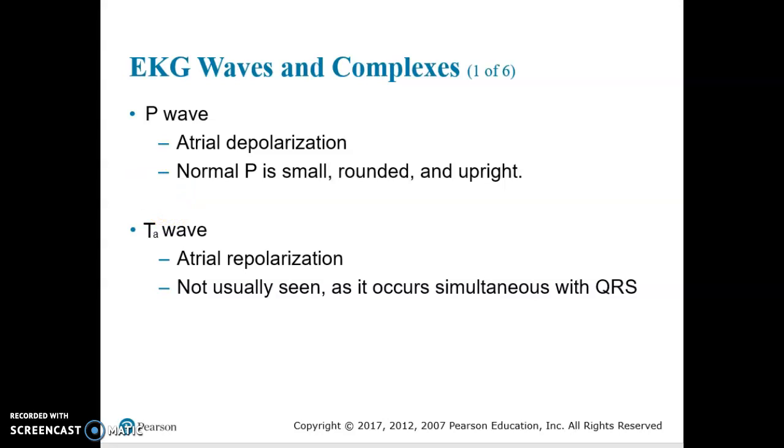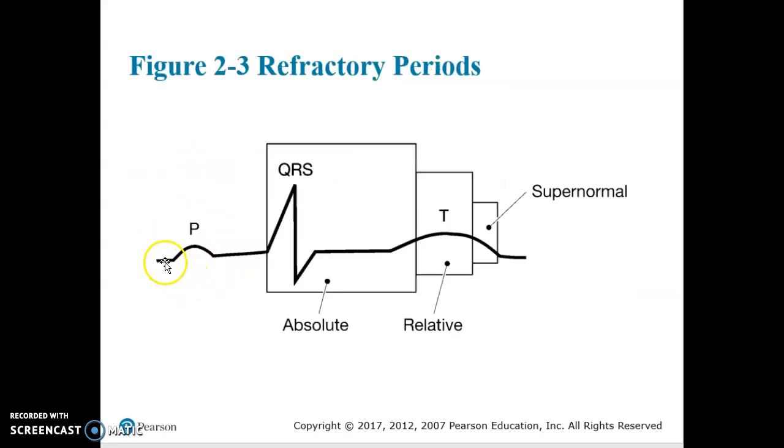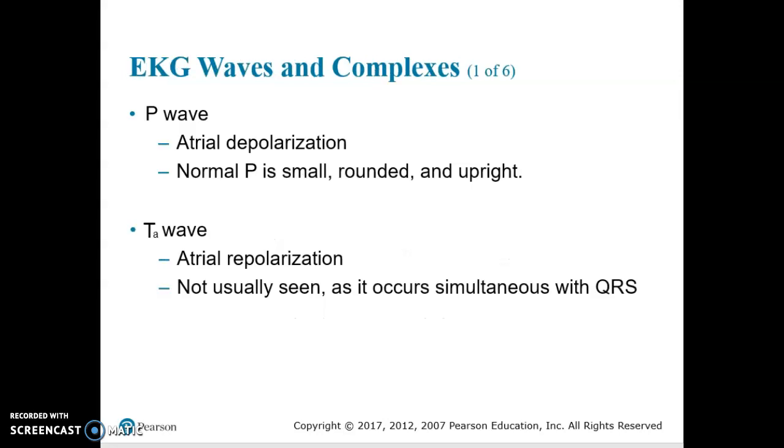So if you go back to the EKG strip, this is your P wave, this is your QRS complex, and then we get into the ST segment, and this is your T wave. So as we talk about each component, you can flip back and forth to one of these pictures and know exactly what you're looking at. So the P wave